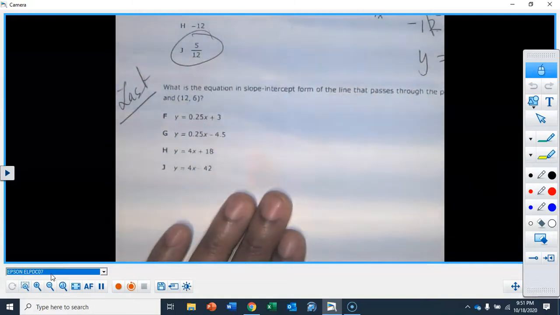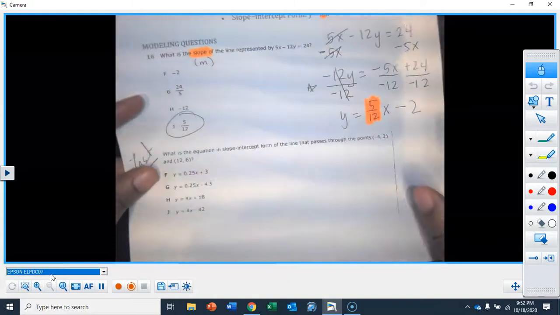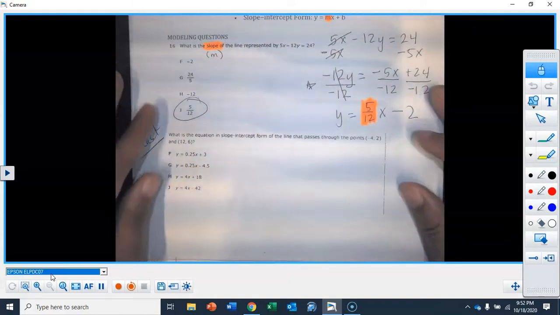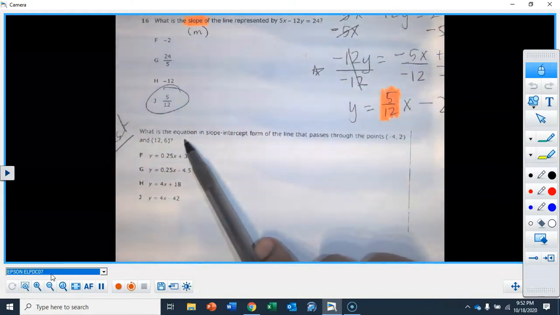Okay, now let's talk about this one. We have not done this one, so let's do it now. I'm going to turn this paper over real quick and zoom out. All right, let's read the question. I'm going to move pretty quick. In this question it says, sorry about the dogs, what is the equation